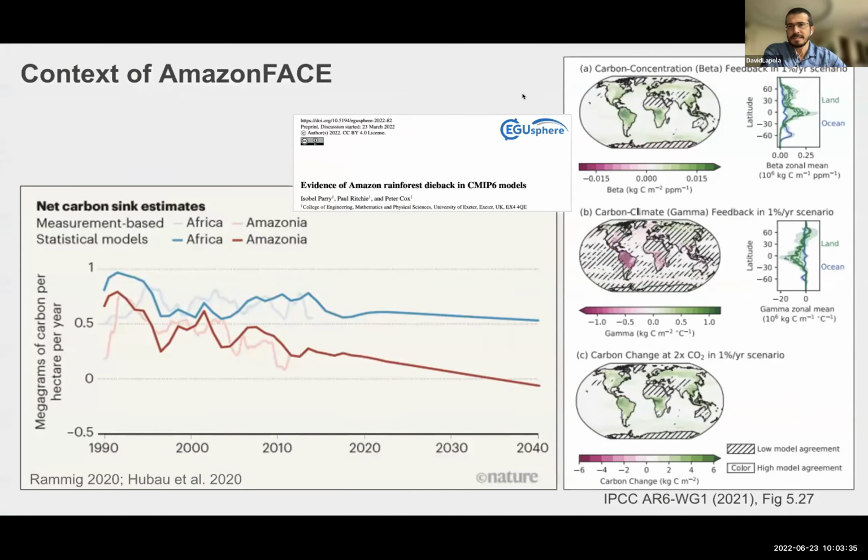A little bit of the context. On your right-hand side is a figure of the newly published IPCC report, volume 1, published last year. I obviously like this figure because it shows the importance of the tropical land, both for the beta effect of elevated CO2, so the elevated CO2 effects only in plant ecophysiology and the implications of this for the carbon cycle, and also for the climate, and also the importance of